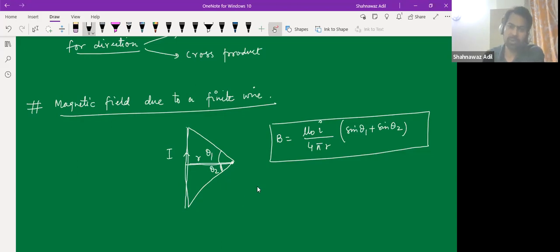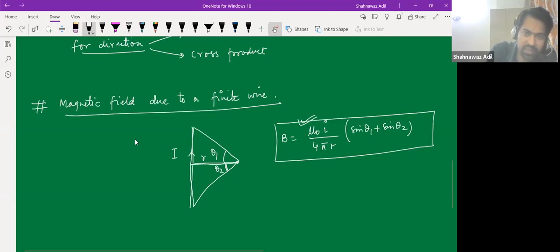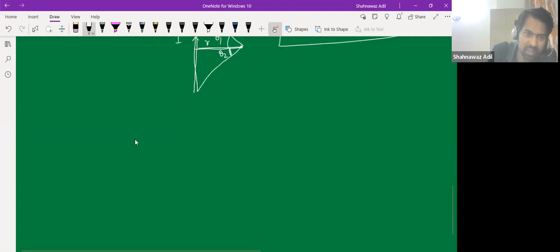Yeah. So this is the magnetic field, and from this result, we can calculate the magnetic field due to an infinite wire and the magnetic field due to a finite wire. Both the magnetic fields we can calculate. So if you guys can tell me, let's say for an infinite wire,